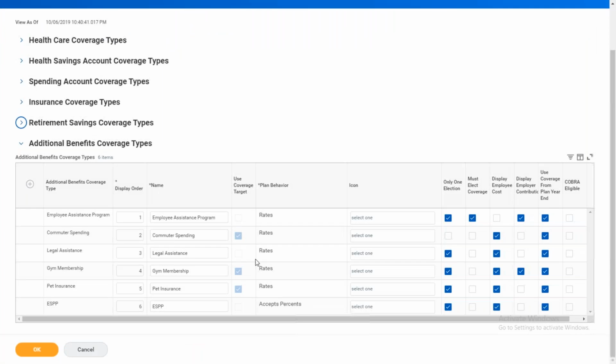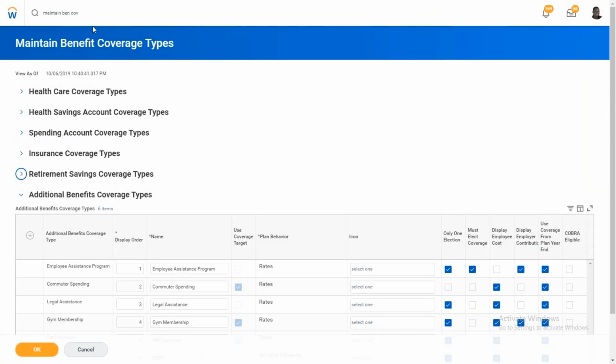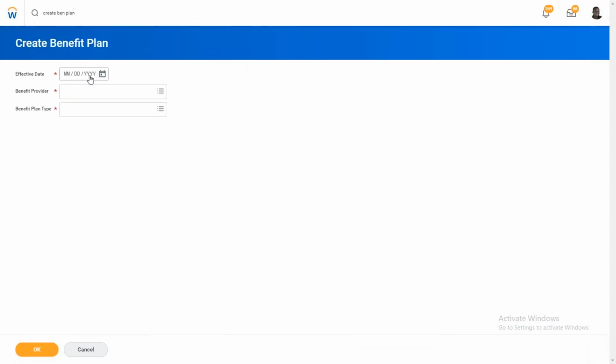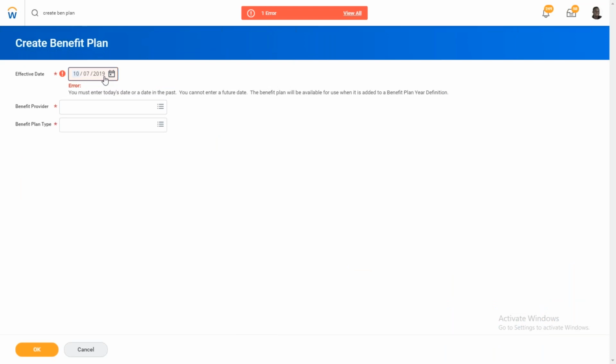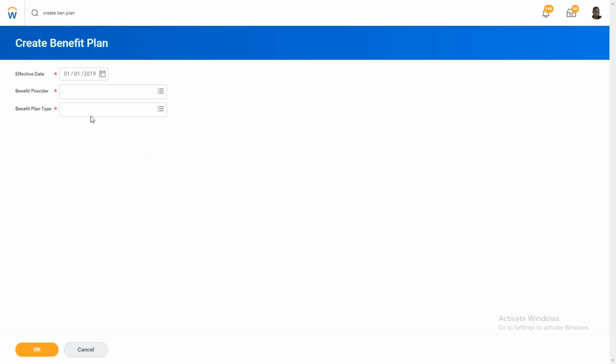Okay, for example, I will just take it to the screen and access the task Create Benefit Plan. Let's see what additional details it will ask. Effective date, provider, who is going to provide the benefits.